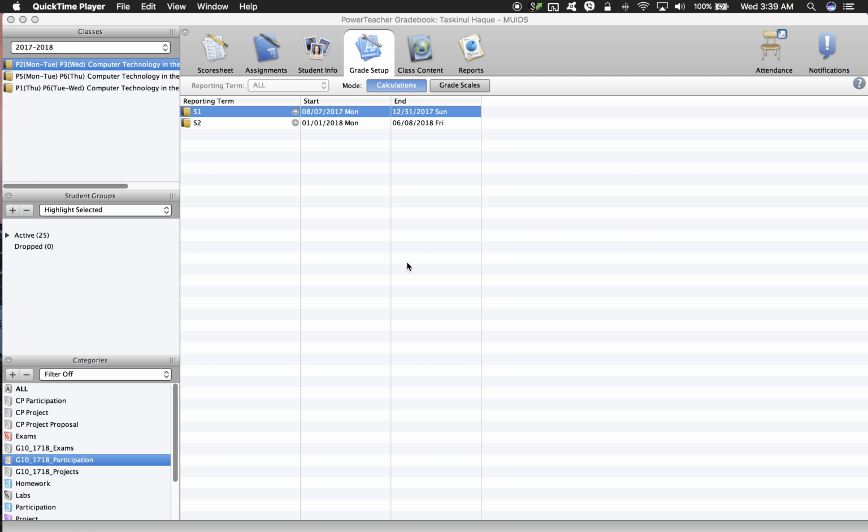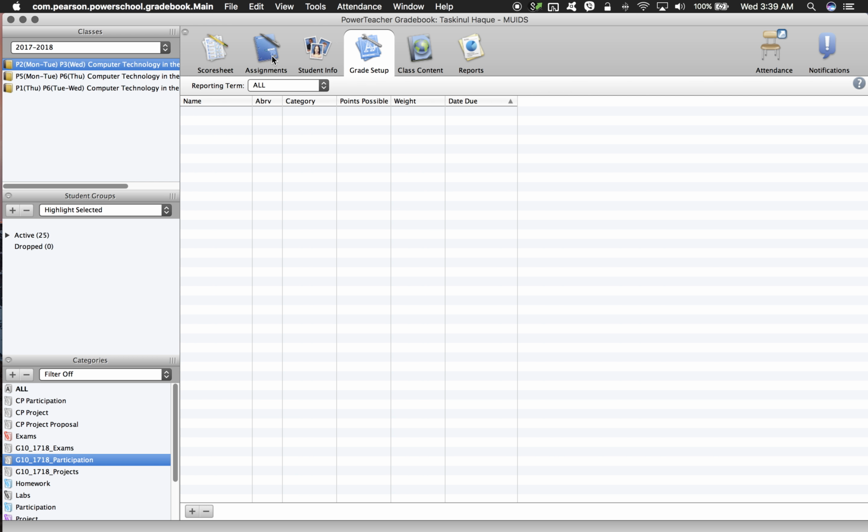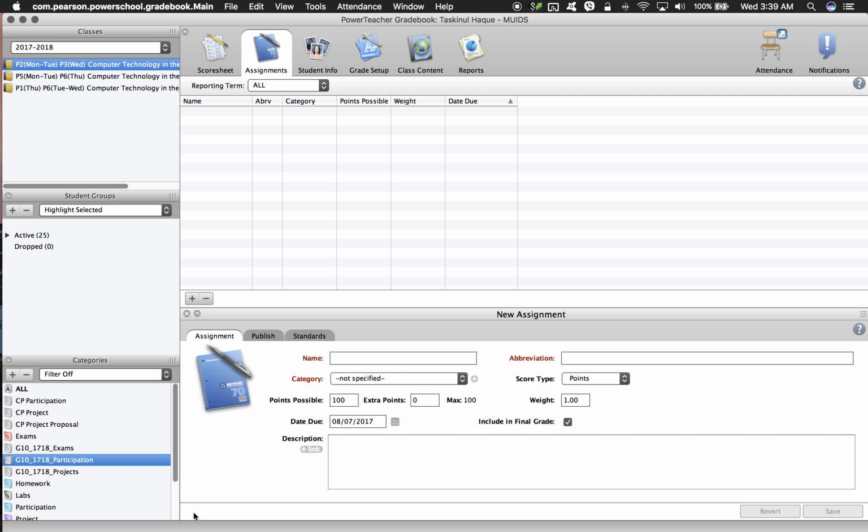Okay, so the next thing that we want to do is, now that we have our category set up and we have the grade set up, I want to show you really quickly how you would add an assignment. So let's say I've just given my students a quarterly test. So I'm going to click the plus button on the bottom left-hand corner to add a new